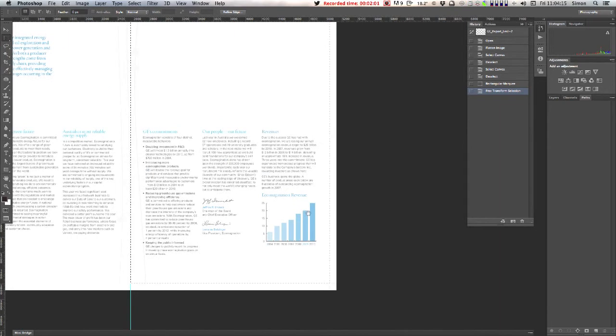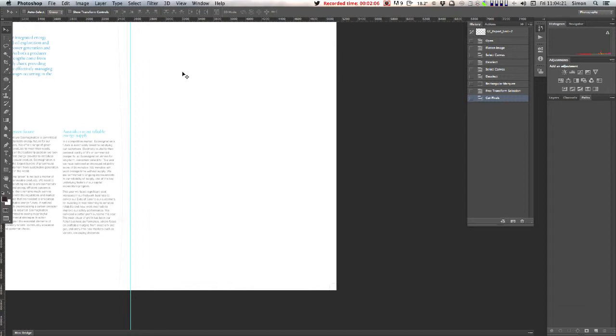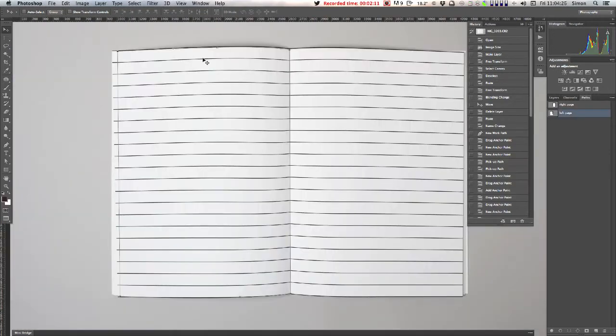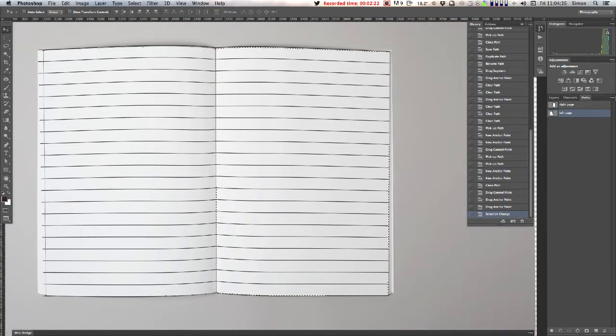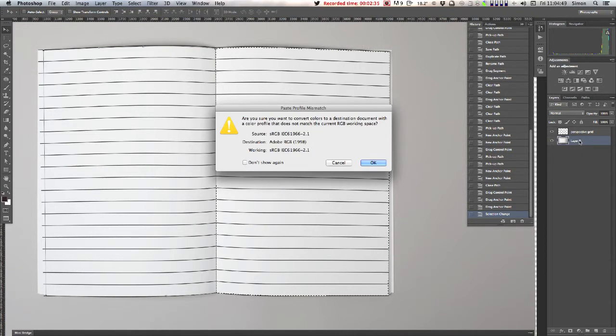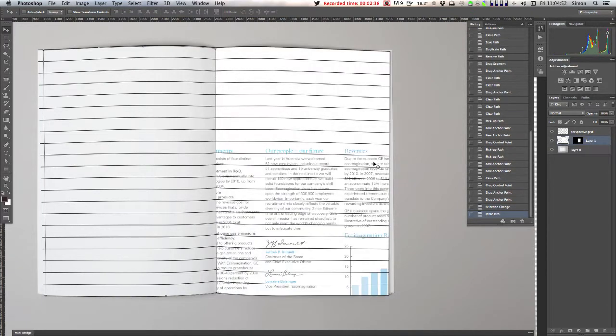So now, I always do this. I always cut. I don't copy, because when you cut, you know that something's happened. So I've cut that, now go back into the other document, and let me now hold down my Command key and click on the right page path there. Let's check our layers palette just to make sure we know we're about to paste there, and I want to paste this underneath the perspective grid. So I'm going to select layer 0 and then Command Option Shift V to paste into, disregarding paste profile match,